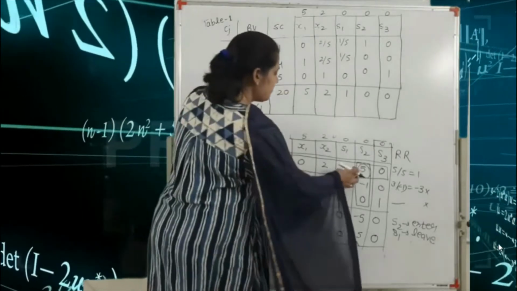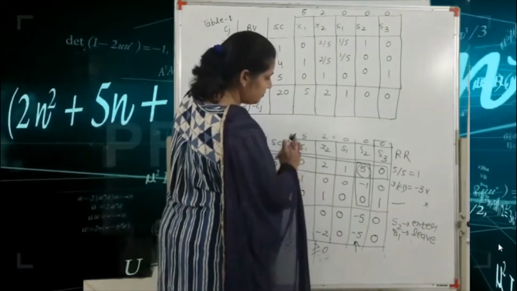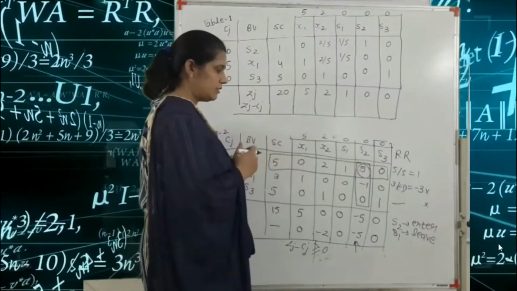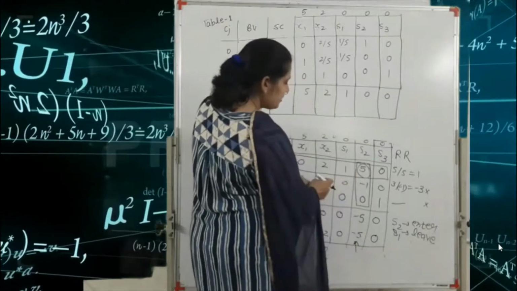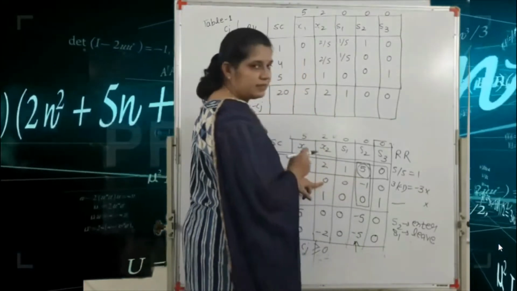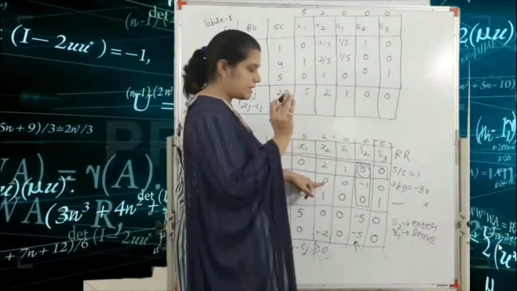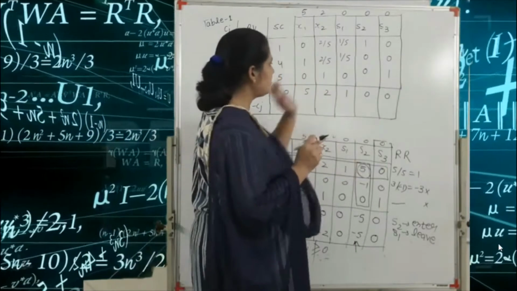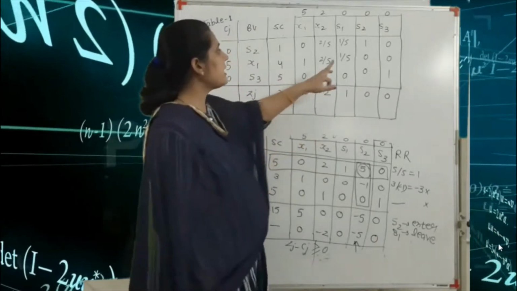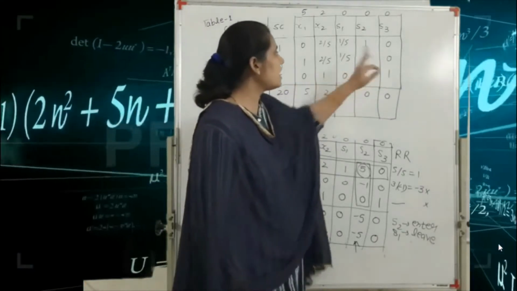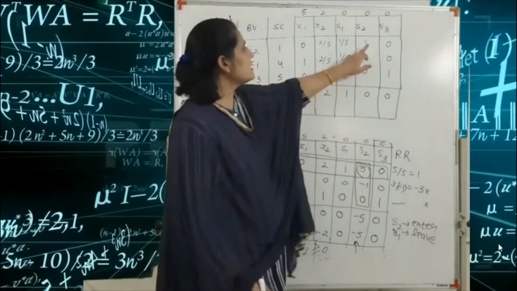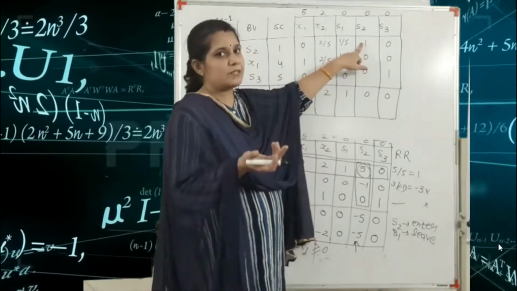Okay, we get this value. So 5 into 1, that means 5, minus 0 into minus 1. So 5 divided by 5, that means 1. Here 5 into 0, that means 0, minus 2 into minus 1, that is minus 2 and minus minus plus. So plus 2 divided by 5. So after applying this process, we get the next values 1 by 5, 0 and 0. And here, this is your key number. This key number is already divided by the key number, so we get the 1.